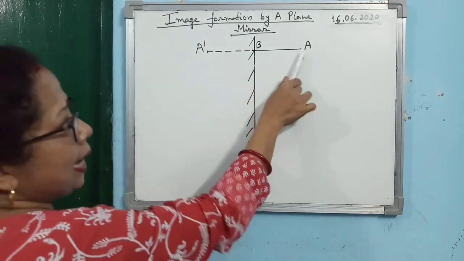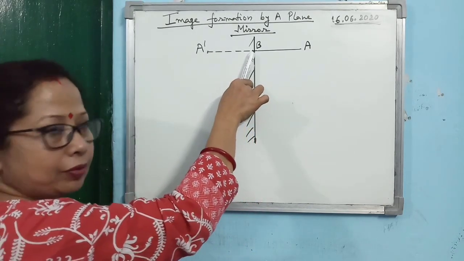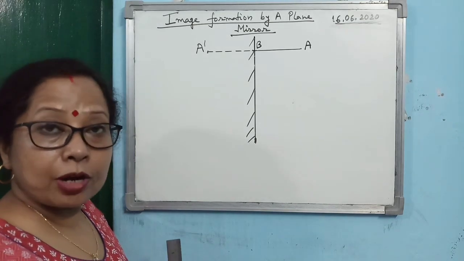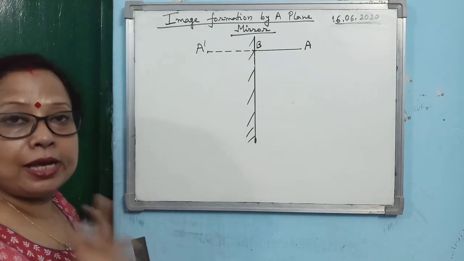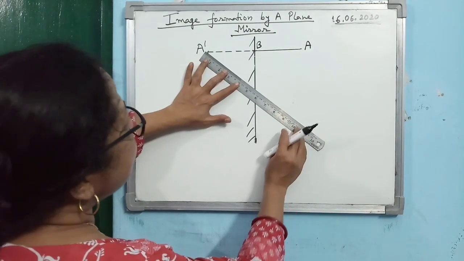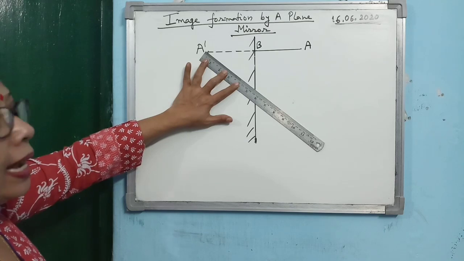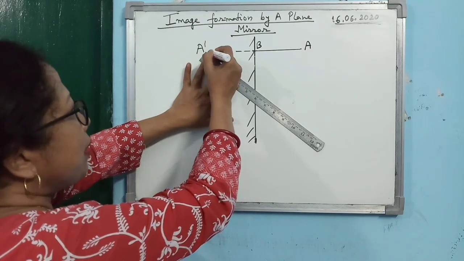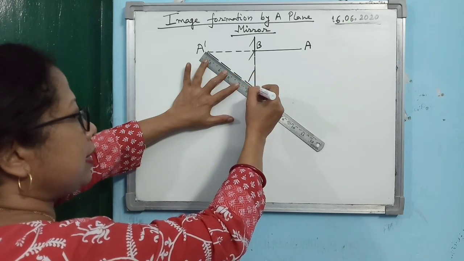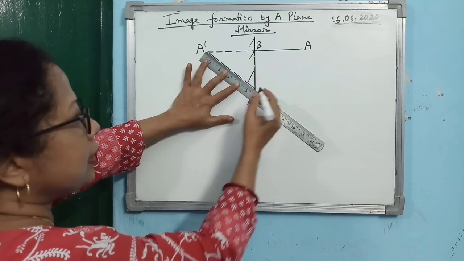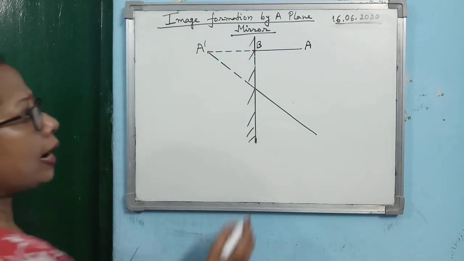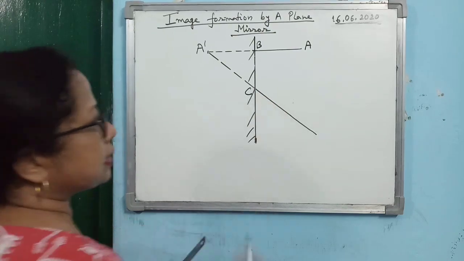So what I said, AB equal to 5 centimeter, you have taken. A dash B also 5 centimeter taken. I am not writing, I am saying verbally. Please follow the instruction on how to draw the diagram. And then from A dash you hold the scale obliquely like this, and draw an oblique line. When you draw the line, draw a dotted line behind the mirror and a solid line in front of the mirror. Alright, and name this point as C.